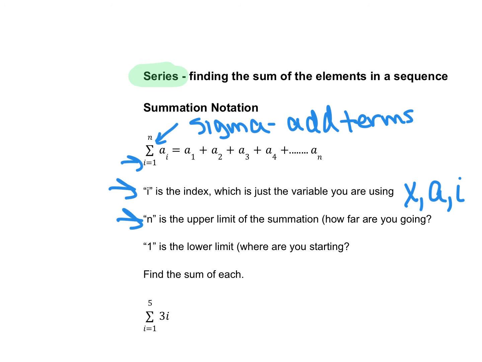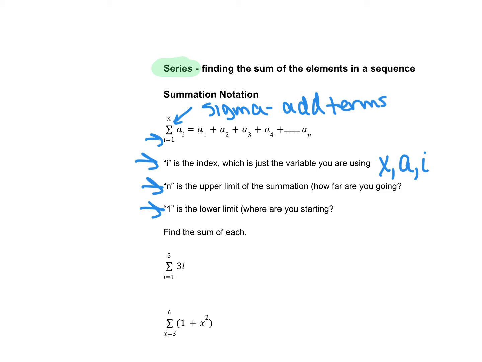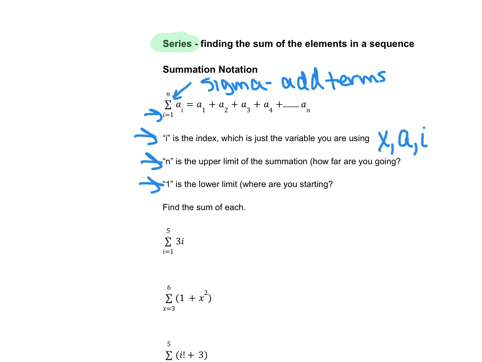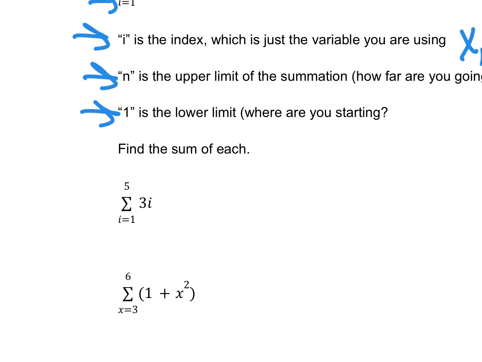That's where you're stopping, and on the bottom is where you start. So we're going to look at an example of how that works. If we want to find the sum of the first term to the fifth term, we go from the first term, because it's a 1, to the fifth term, because we end at 5. That means we're going to find basically